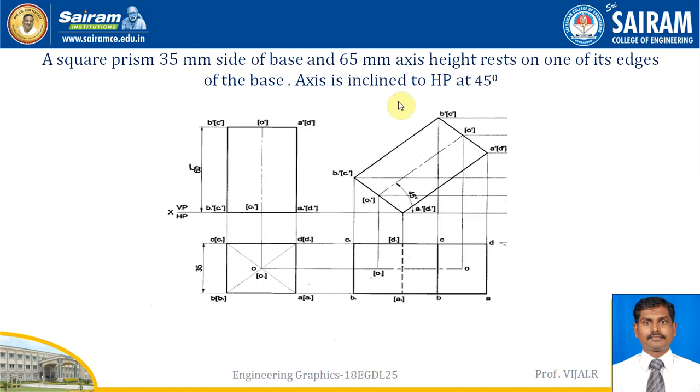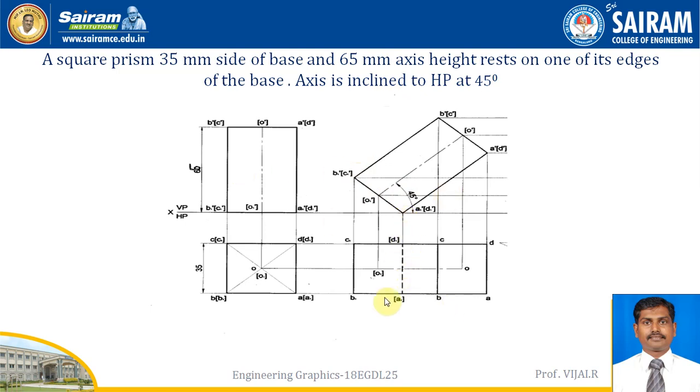So the top view, in the top view what is visible? From the top you see this top face. And when seeing from the top, the edge which is hidden, that is behind the axis, the edge when we are seeing from here we can see this edge but not this edge, so it should be marked in a hidden line.